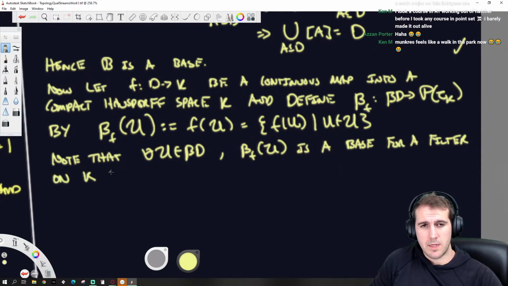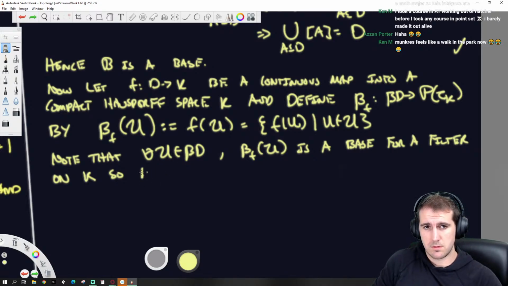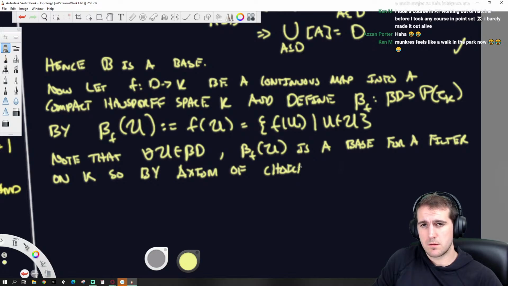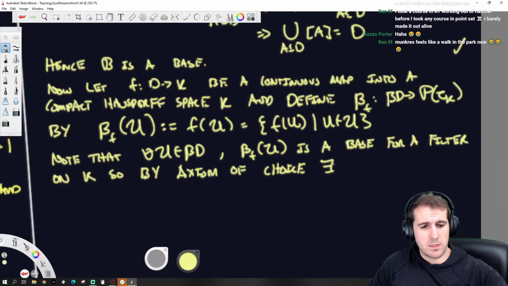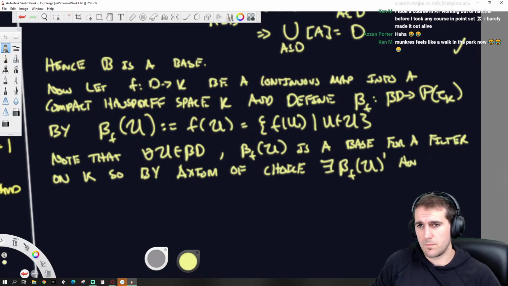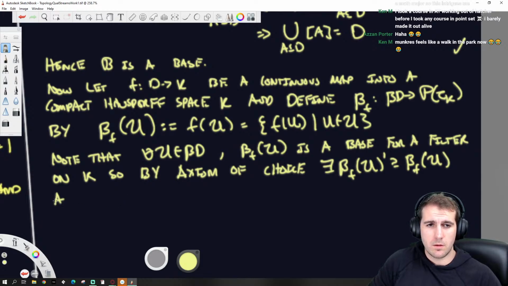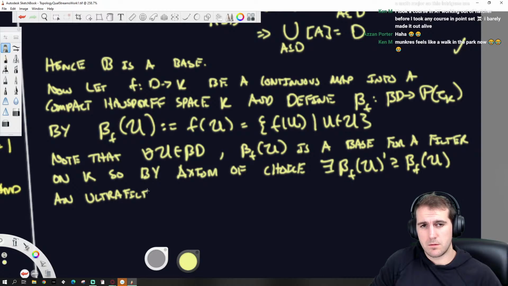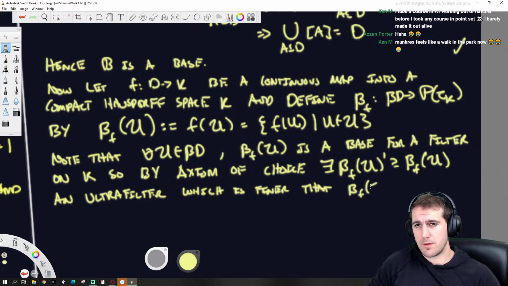Okay, so by the axiom of choice, there exists an ultrafilter, beta little f of u prime, which is a superset of beta f of u, an ultrafilter which is finer than beta f of u.